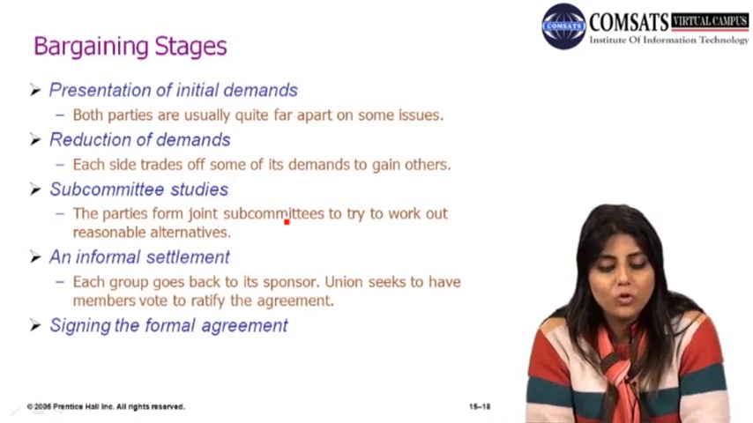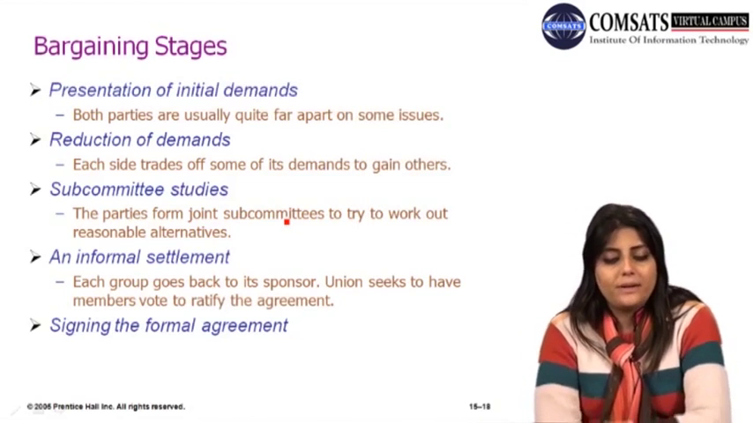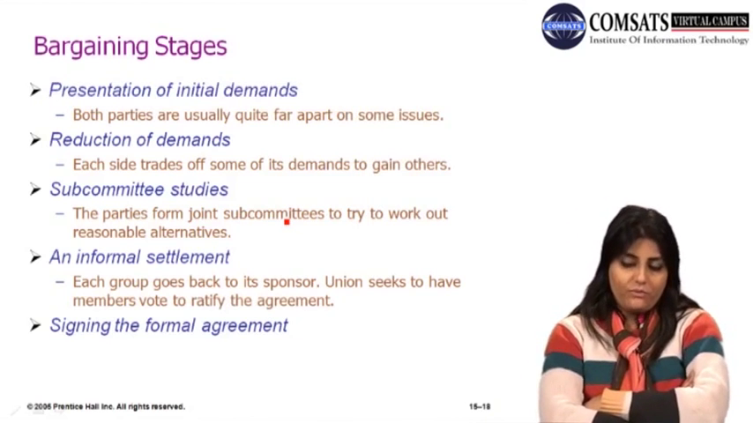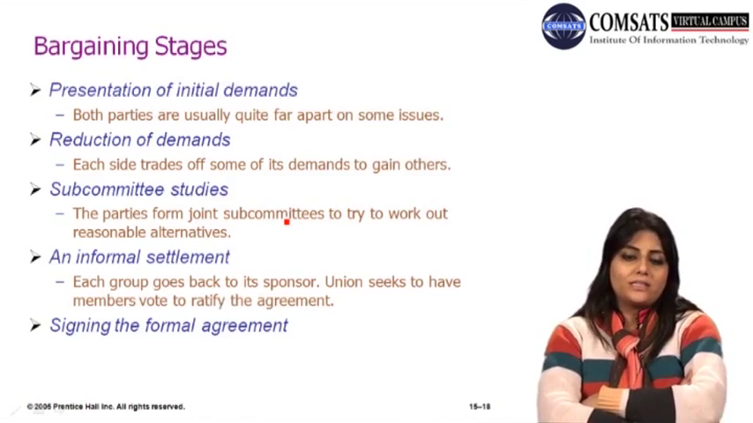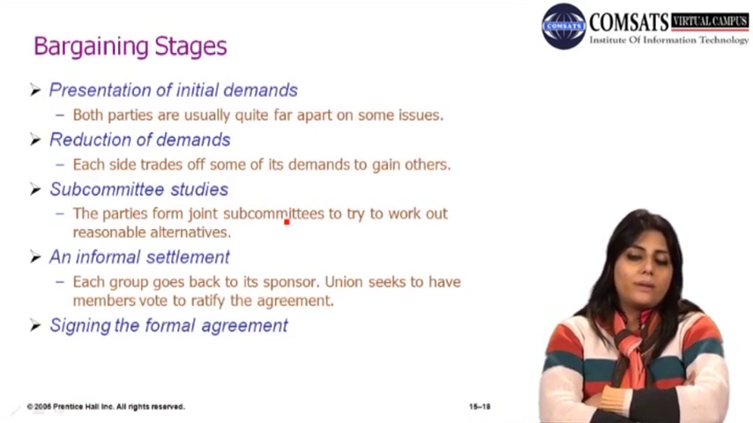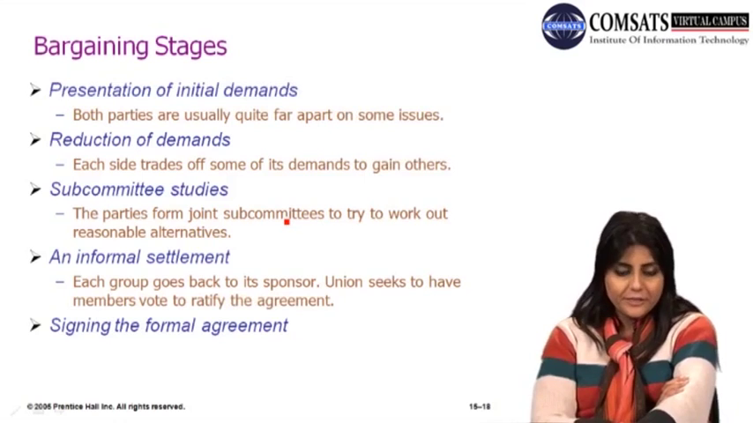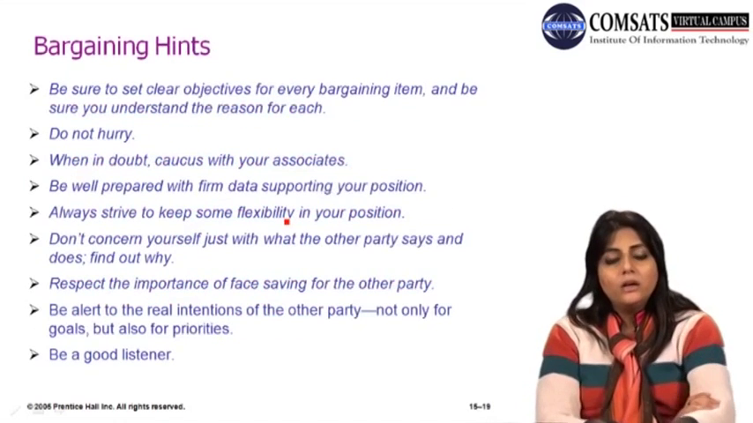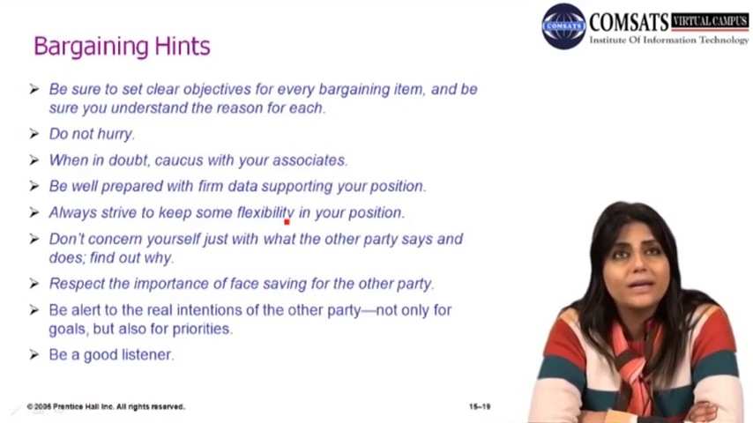Unions seek to have members vote to ratify the agreement, and then when both parties have discussed their cases with these subcommittees, they form an informal agreement, and then that agreement is finalized and becomes the final agreement. So these are the different stages in the bargaining process. Then we have these bargaining hints,